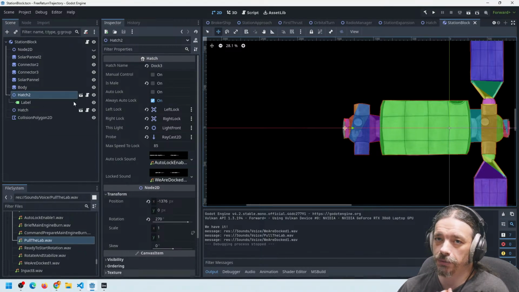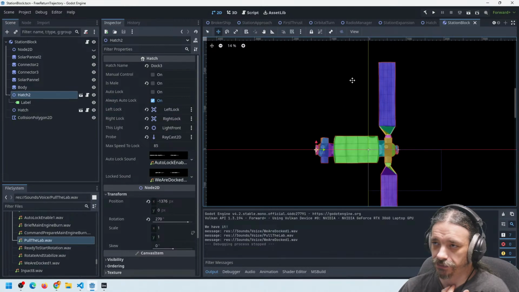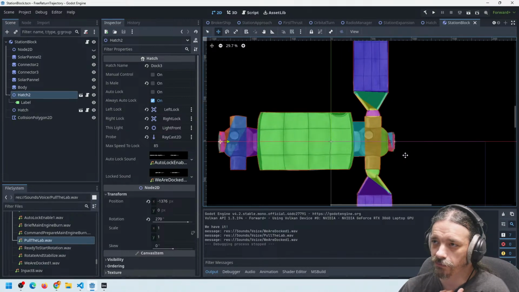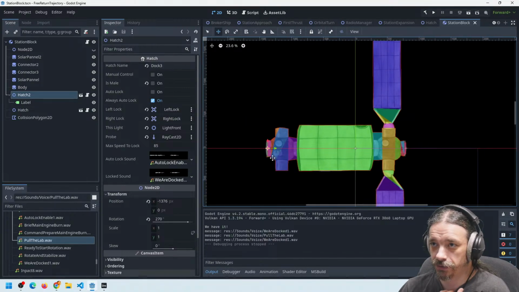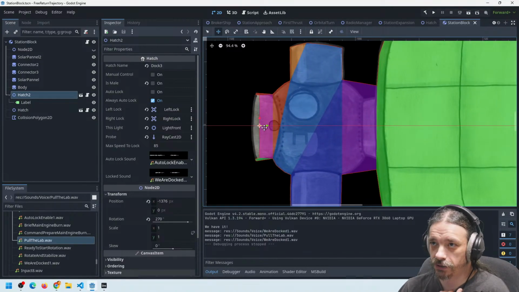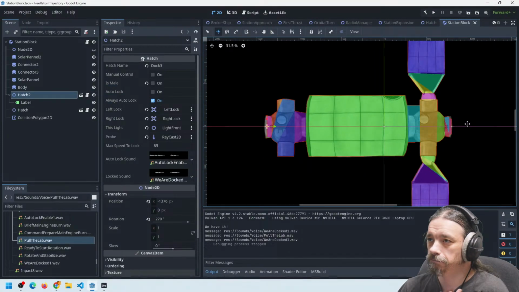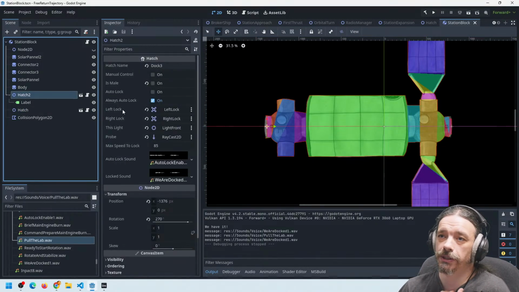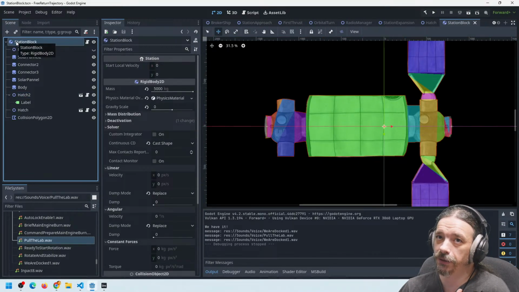But here we have a problem. We need also to do another check. We need to define if it's a female hatch or a male hatch, because they are different. This one does not connect to the same type. And in this case I have 2 hatches, because this block has one on one side and another on the other side. So if we have the parent and we try to find the hatch